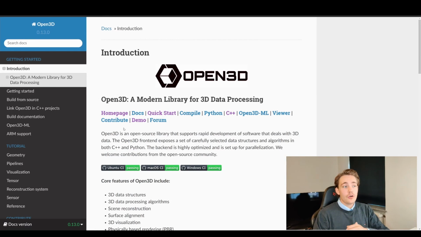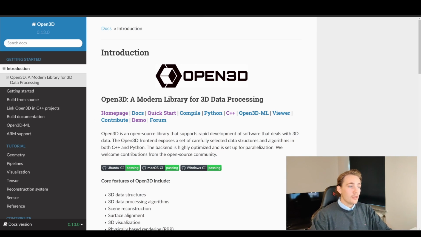Before we jump into the code and the example that I'm going to show you in this video, we're just going to open up the documentation for Open3D, so we get familiar with it and how we can operate with it. We can see the tutorials, the functions, and even the documentation for those functions, what they do and how they implement it. So we know a bit more under the hood of what we're doing, because when we go into code, we just load in our point cloud, call these methods or functions on it, and it will do